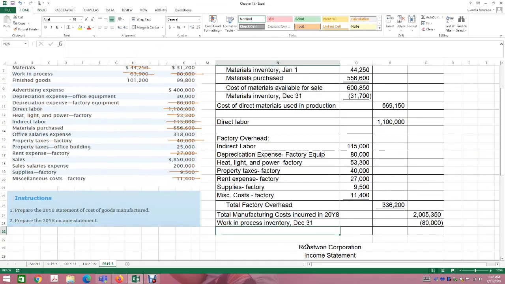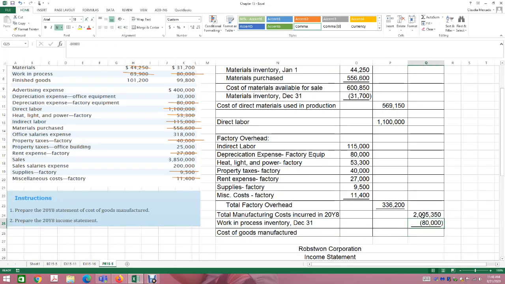Okay? So now I can actually calculate the cost of goods manufactured. This represents the amount of actual goods that were completed from beginning to end and are ready to be sold. Okay? So I am going to subtract those two numbers. So it will be the 2,005,350 minus the 80,000. So my cost of goods manufactured for the year